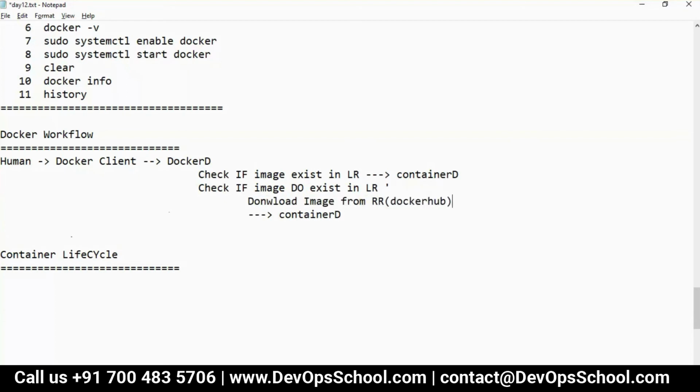Docker Hub. To LR. LR means local registry. And this is what I am saying. Now you understood?